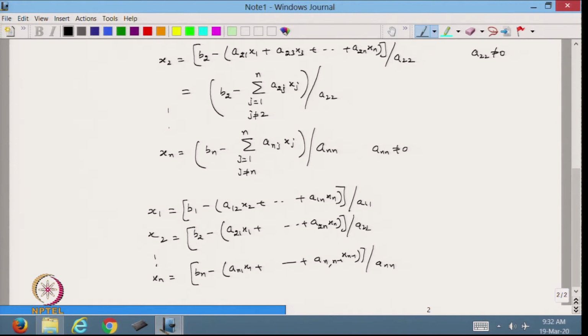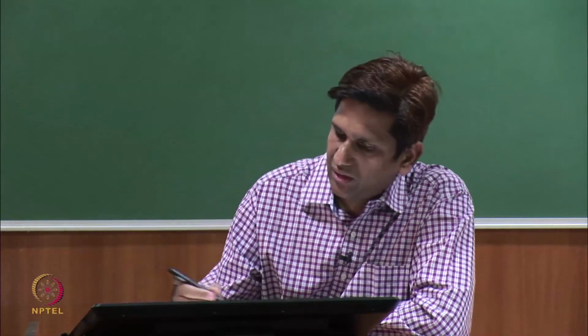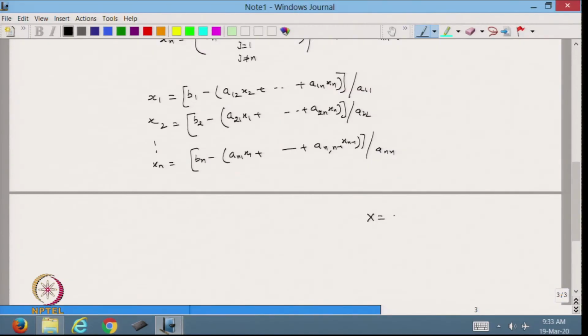Now, if this is the system I am getting, from here I know that in the iterative process, this is my iterative process. Suppose I take a capital X. Capital X is a column vector representing x1, x2, ..., xn. Suppose this is my exact solution. So, in this case, for the iterative process,